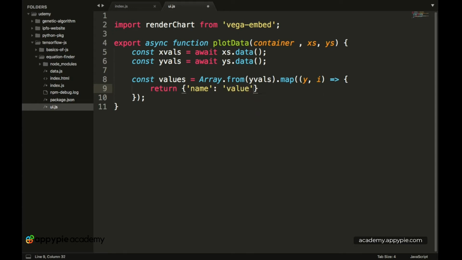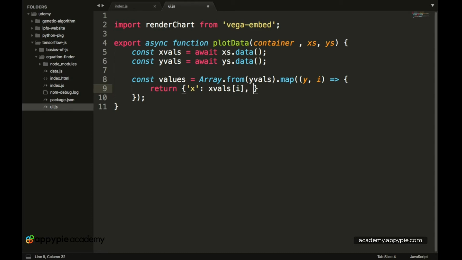This is the basic structure of a JSON format. So the first name which we want to pass on is the x value, and the value for the corresponding x value is the value in the x values array at the ith index. So let's do that by typing xval, and then square brackets followed by i. This is how we are giving out the x value.